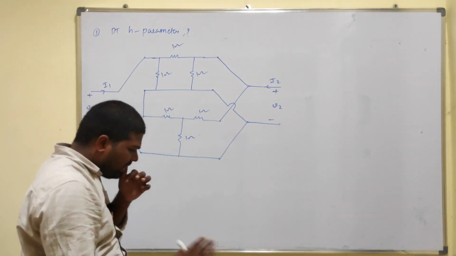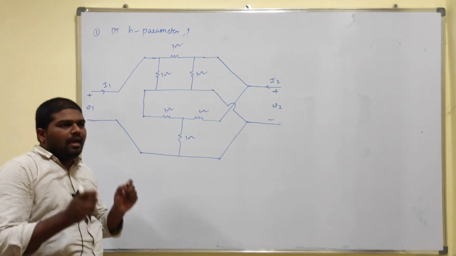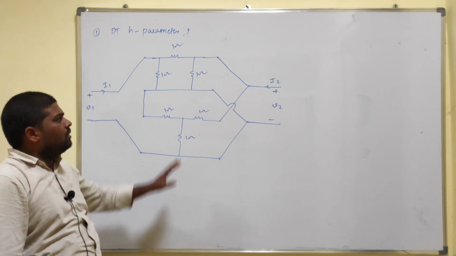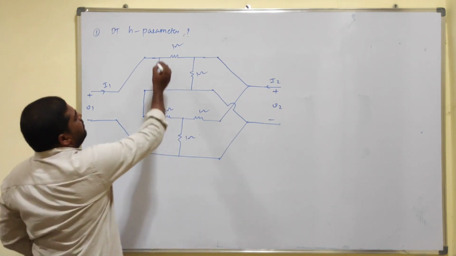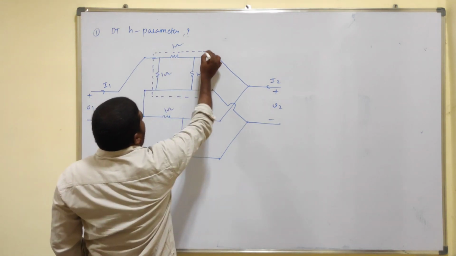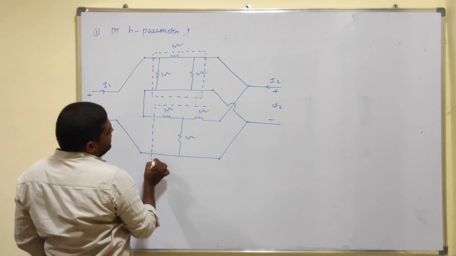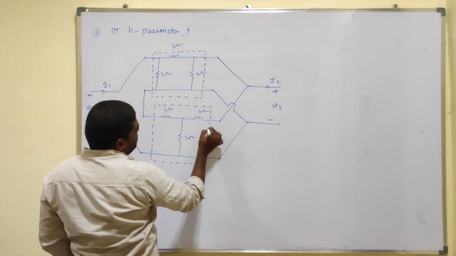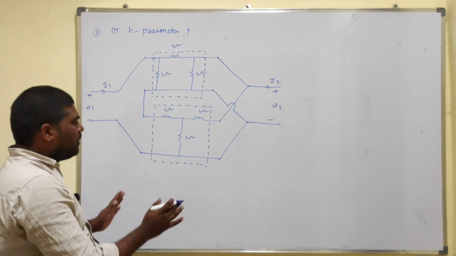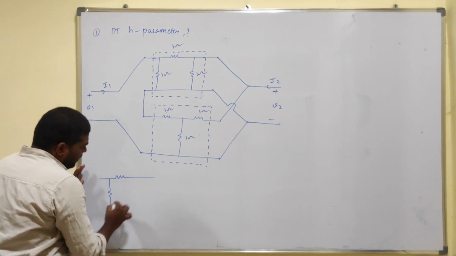First, for this interconnection concept, whatever problem you observe should be converted into two parts, two networks, right? So here we have two networks. So this complete network is what? Pi model, otherwise pi network, right? And this complete network equals what? T model, otherwise star model, otherwise Y model. So first you divide this network into two parts. First part is the pi model, right? This is your pi model.